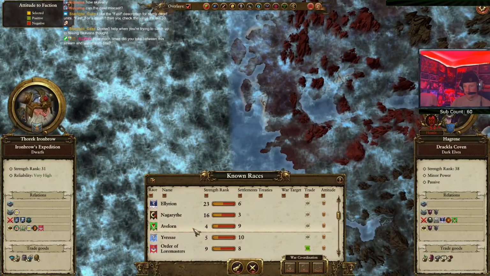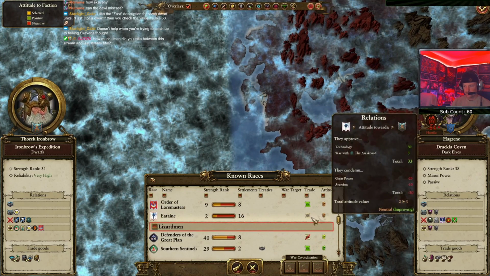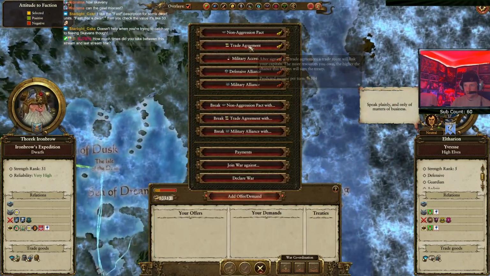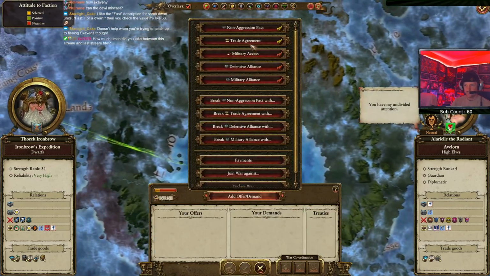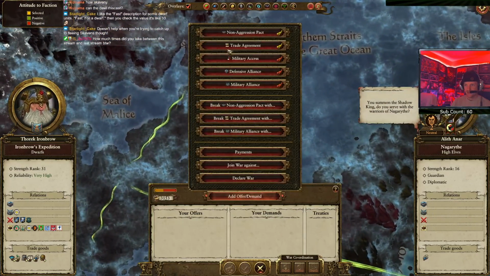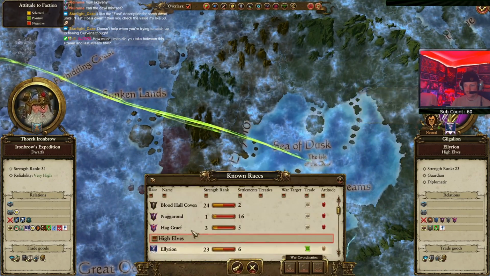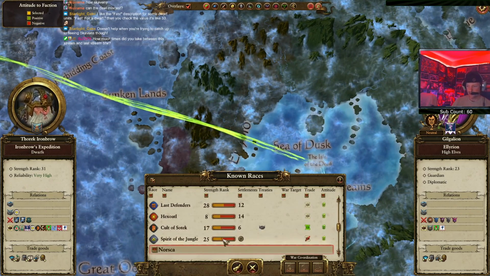Okay. Let's see how much trade we can get here. Tyrion, greetings. High elves like to trade. Because they get the bonus where they can see your territory when you summon the Shadow King. So they have like an extra reason to want to trade with you, essentially. So usually you can get